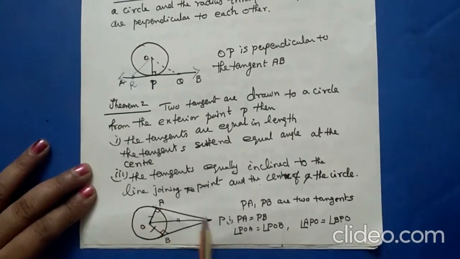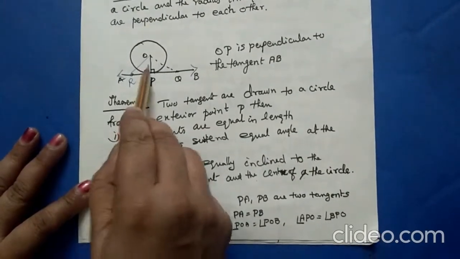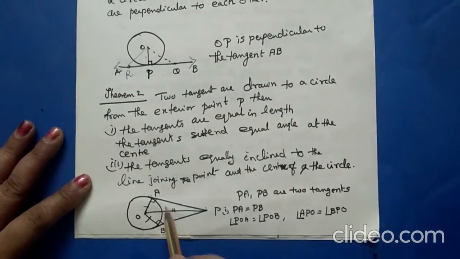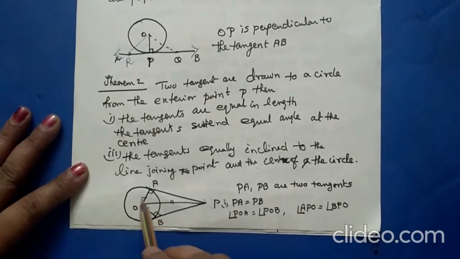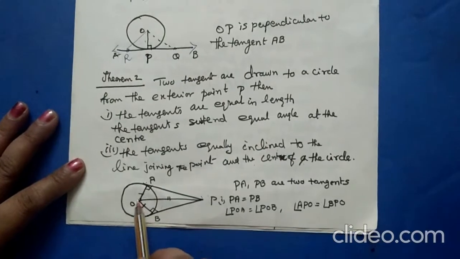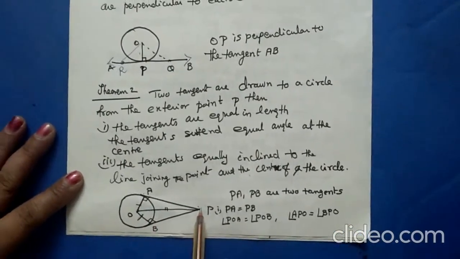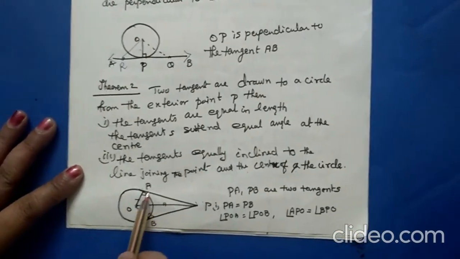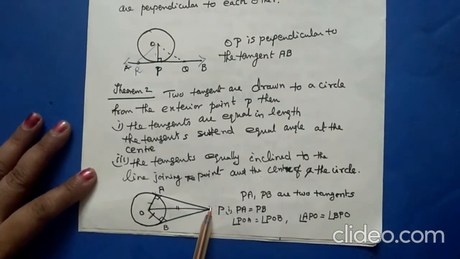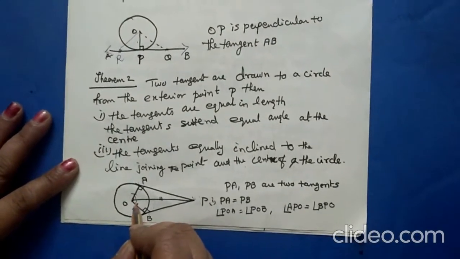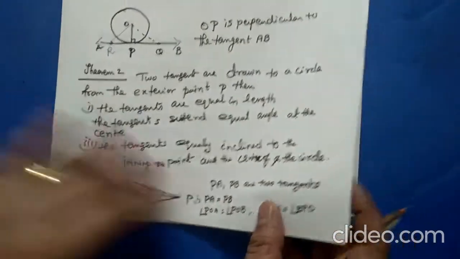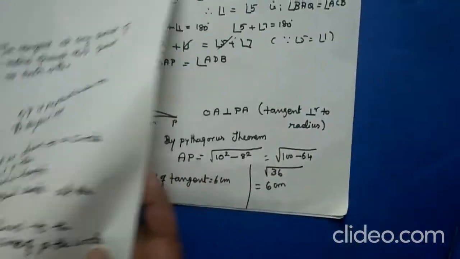Now OA is perpendicular to the tangent. According to this theorem, the radius is perpendicular to tangent, so 90 degree, 90 degree. Take these two triangles, 90, 90, radii are equal and this is common. By RHS condition, triangle OAP is congruent to triangle OBP. Therefore, by CPCT, you know AP is equal to BP. That means the tangents from external points are equal. At the same time, by CPCT, these two angles are equal. Even these two angles are equal. This is the corollary, but I am writing it as the theorem.